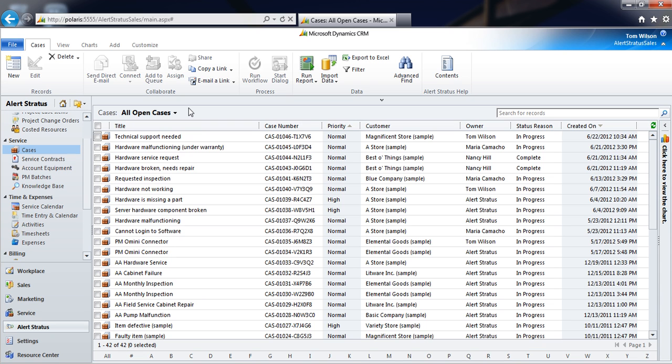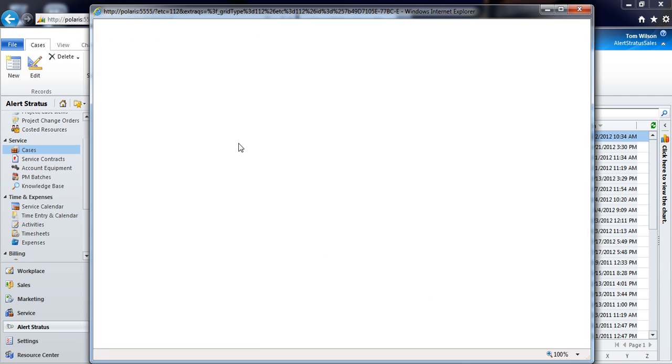There are a number of different ways in Alert Stratus that I can schedule activities and complete activities against cases. I can choose to do so from the time entry and calendar portal. I can do so right from the activities entity if I'm creating a number of activities perhaps against multiple cases from one screen. I can do so right from Outlook if I have our CRM system with Alert Stratus that's integrated with Outlook. And I can also choose to do so manually right from the case, which is what we'll